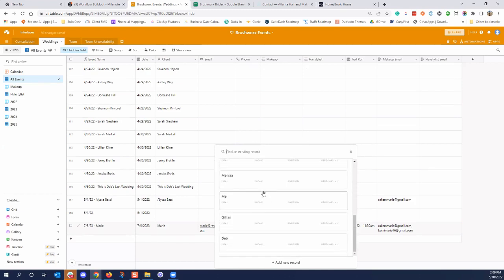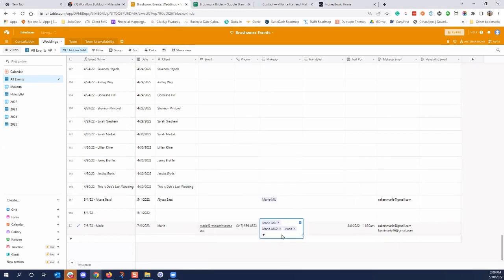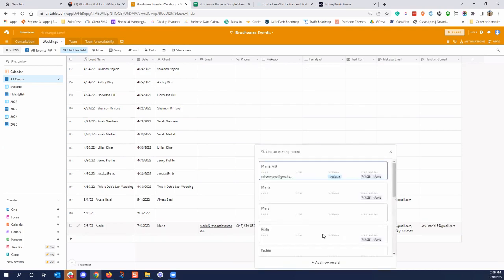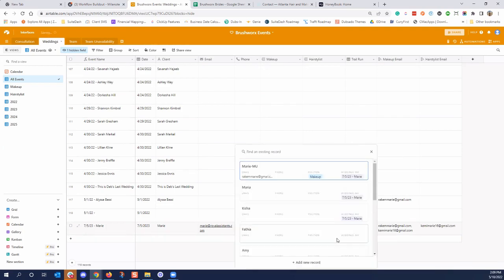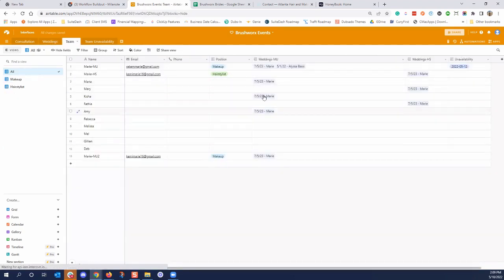So this is the multi-select column. What this does is that once you click the person's name, they all get added here. Okay. So if we had 4 makeup artists, all 4 would be in that one little spot. Yep. And then all 4 will go here as well. And what happens on this column, it will get added here as well. So this is the linked field.